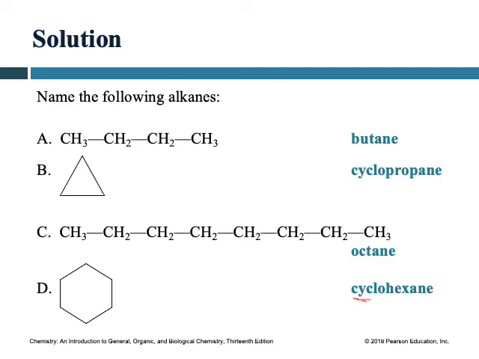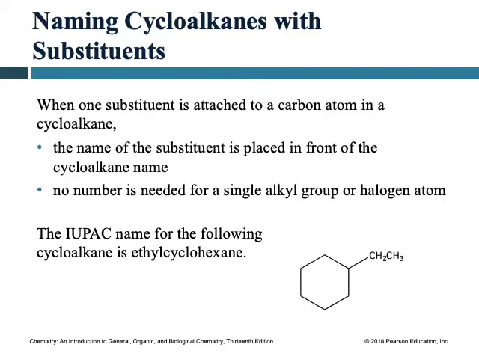Right, so the solution is already given, that I already explained to you in the previous slide. Okay, so till now we just learned about naming the simple cycloalkane, but from now on we are going to see if the substituent is also attached to the cycloalkanes, how we are going to name that compound. So let's try to see this example that is given over here. So you have the cycloalkanes, cyclic compound, and you have one of the substituent. So we are taking this cyclic compound or cyclic alkane as our parent chain,